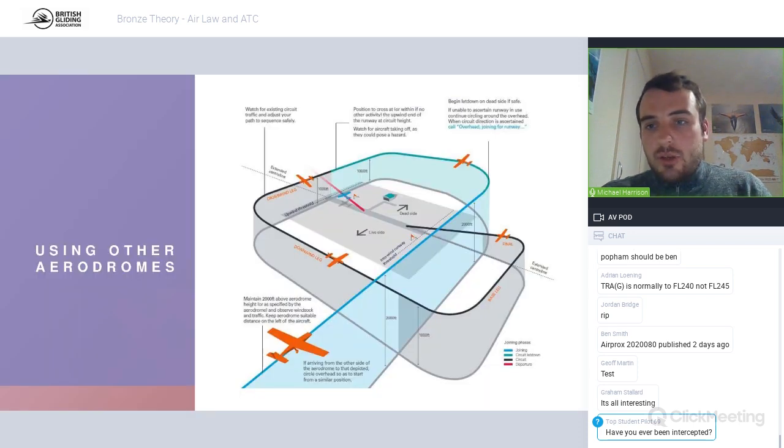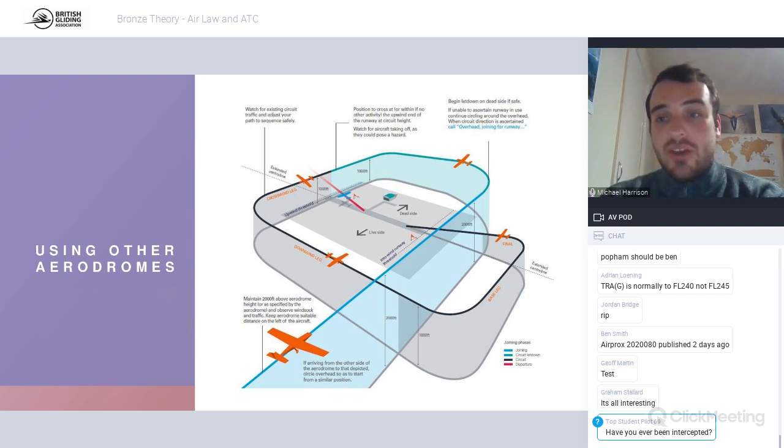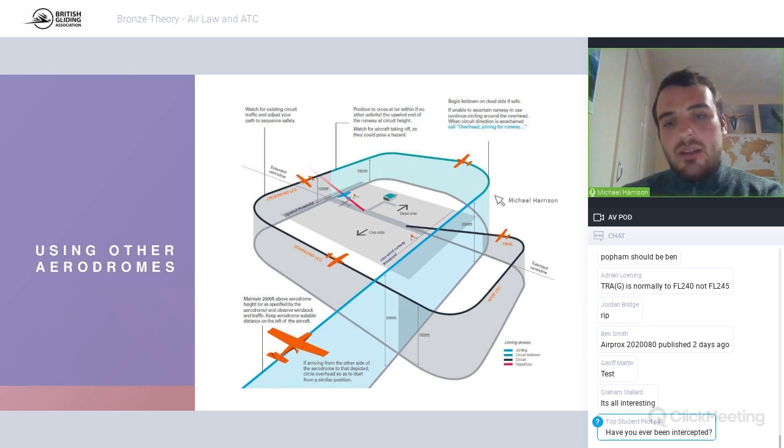This is a standard overhead join. A lot of airfields in the UK use them. What they basically entail is arriving overhead the airfield, normally 1,000 feet above the circuit height, and the circuit's normally about 1,000 feet above the airfield. So we're talking about 2,000 feet above the airfield here. And normally you join 2,000 feet overhead, you report overhead, and then either when you're instructed, if it's controlled, or